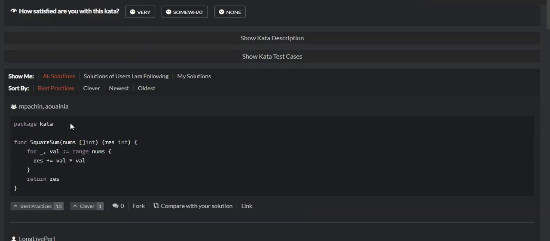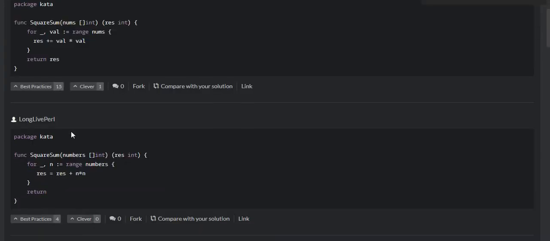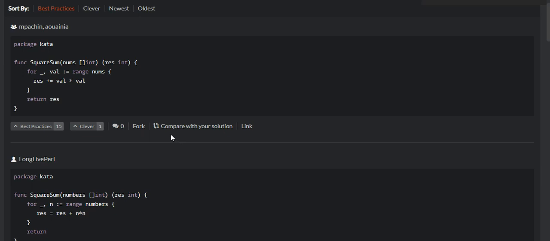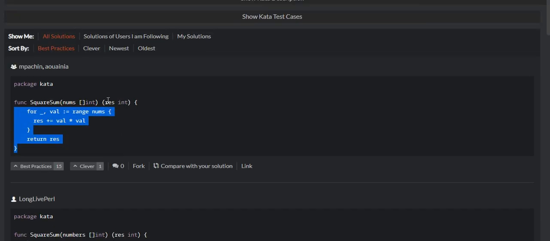As you can see here, there are also others who have done the program, and you can go through their programs. If you like, you can utilize their programs and check what you have done compared to them. Like the number of lines of code here is less, so you can do it like that.